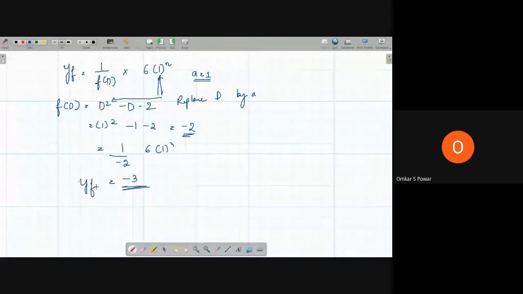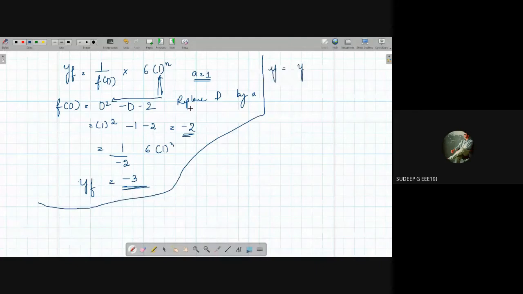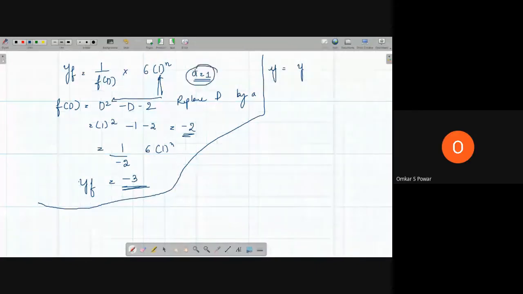Since they have given us the clue, first we will write the total response of the system. What is our total response of the system? Sir, A is minus 1? Where are you saying A? Yes, sir, A. You see 6 into 1 power of n, so your A here is 1. It is not minus 1, it is 1.